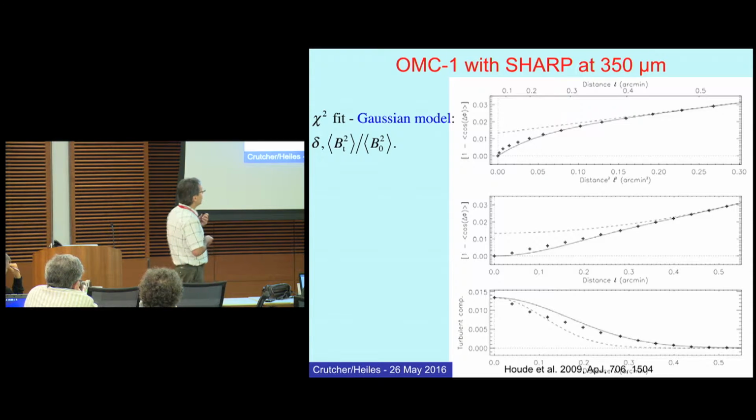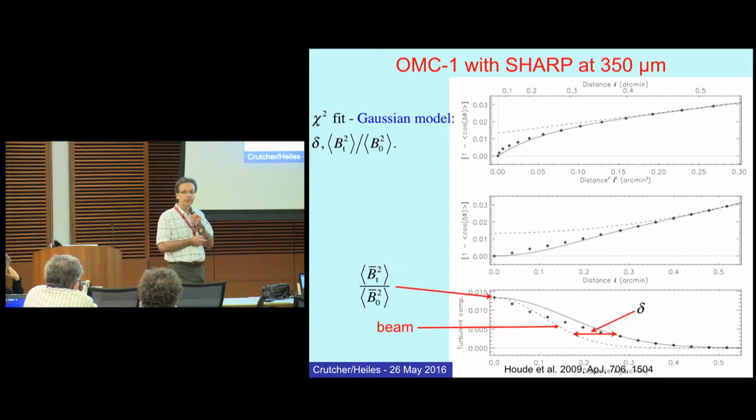Okay? Now, this autocorrelation function is actually broadened by the beam. So what I put here, this broken line, is the autocorrelated beam. So what you see is that much of the correlation you see is actually due to the beam. But the extra that you get here between the beam and the data, that's a signature of turbulence. This is a measure of the correlation scale of the turbulent component of the magnetic field. This point here is the energy content in turbulence in the magnetic field, and that's what